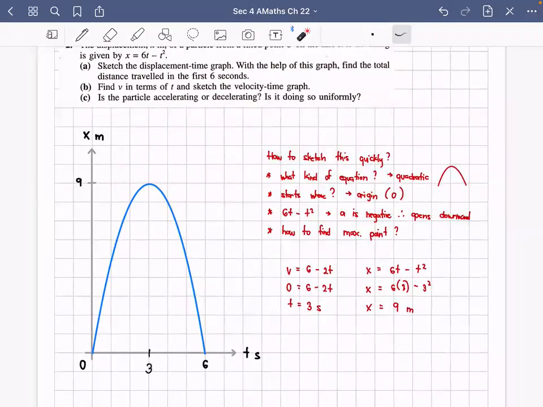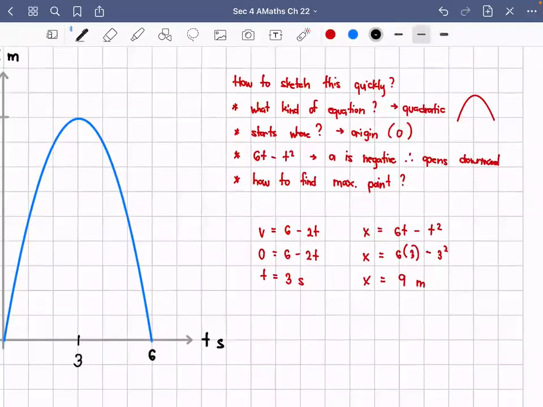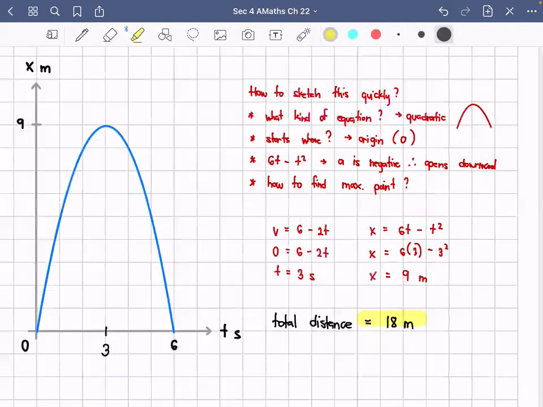And then what is the distance traveled in the first 6 seconds? What do you think? From the origin, it goes up 9 meters and then it goes down 9 meters. So what is the total distance traveled? So basically, the total distance is equal to how many? 18 meters. Okay, so that's your answer. It's 18